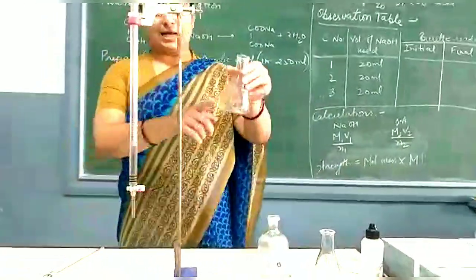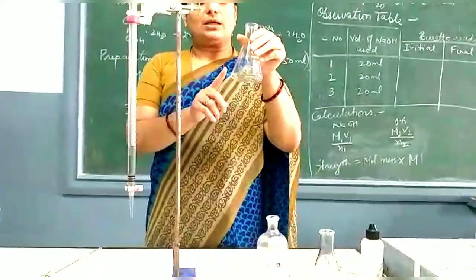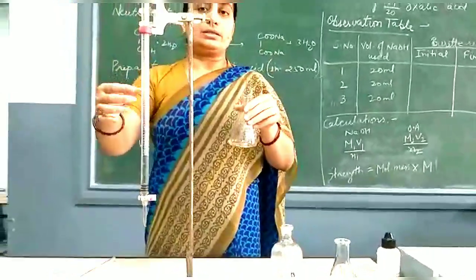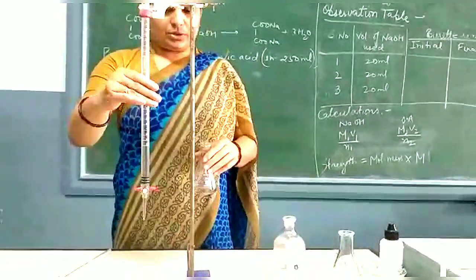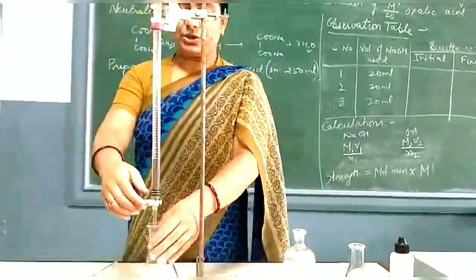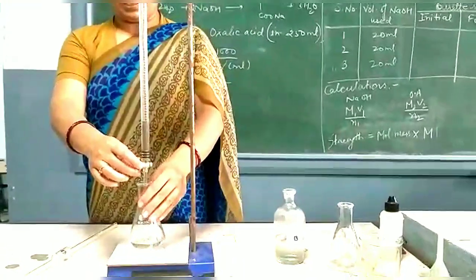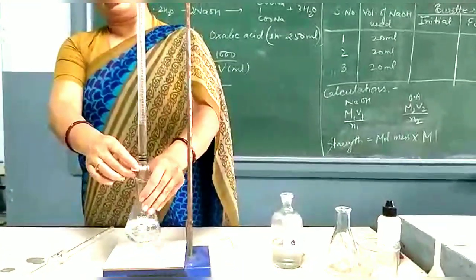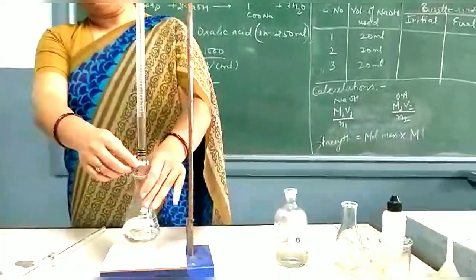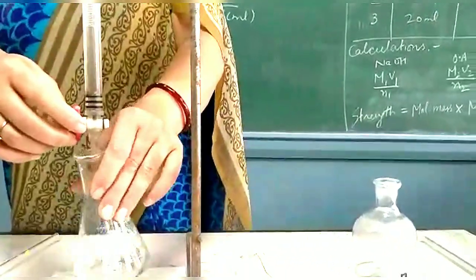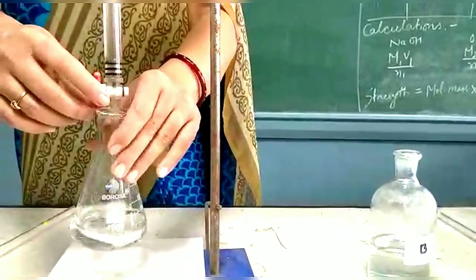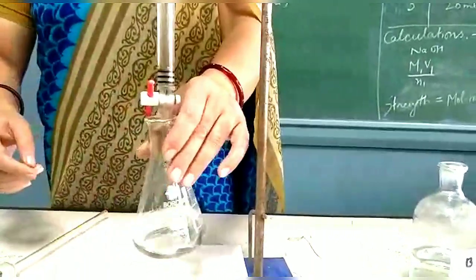So now I have this flask which has acid in it, and it has indicator, and this burette is having base. Okay, so I'm going to start adding this solution dropwise in the flask. This process basically is known as titration. Can you see some drops coming down in the flask? So base has been added to acid, and the neutralization reaction takes place here in the flask.